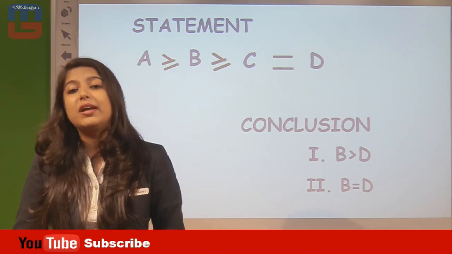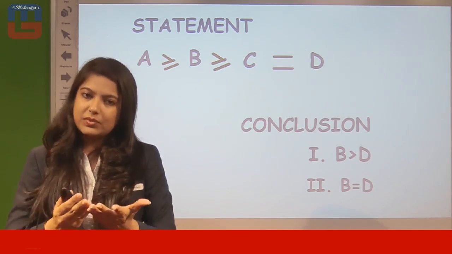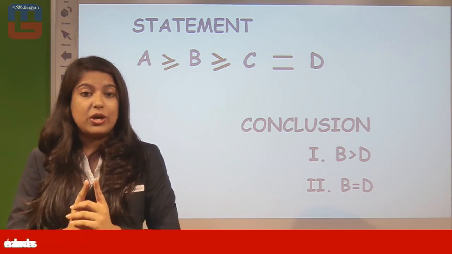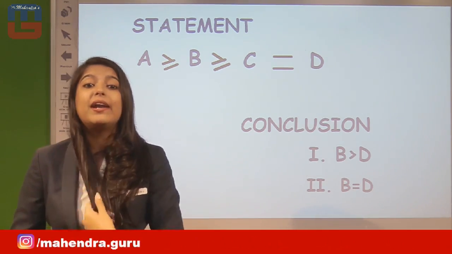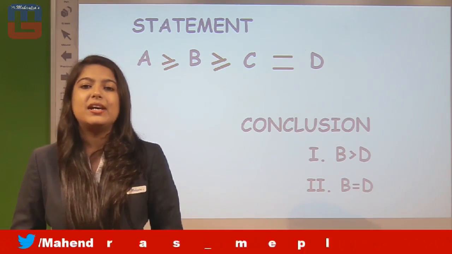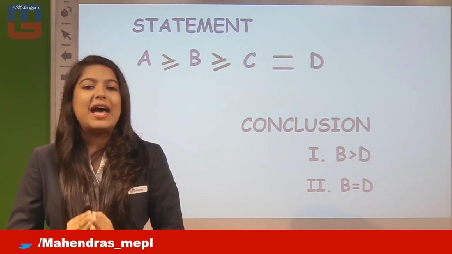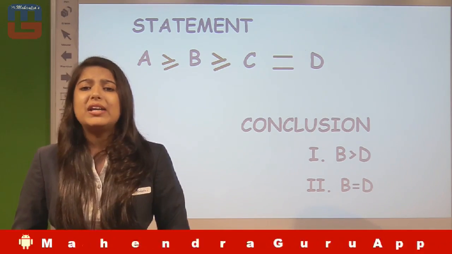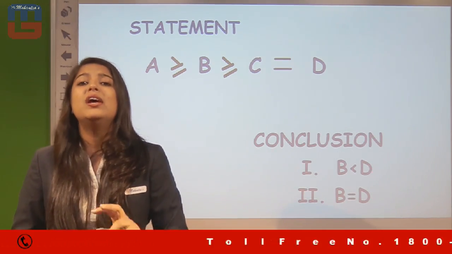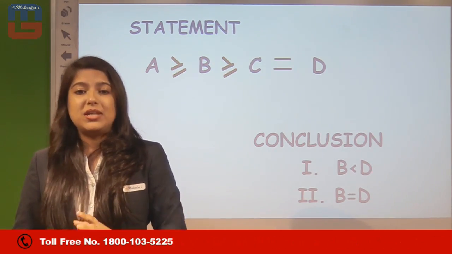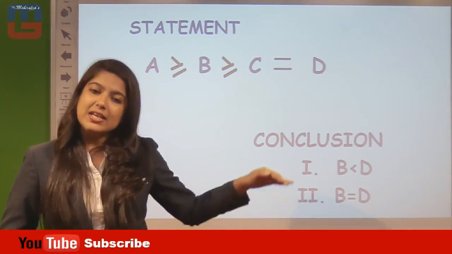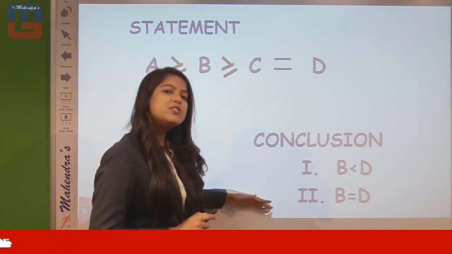So if it is making greater equal, that means we can say the B greater equal D condition is approached here, but according to either or, not by declaring directly B greater equal D as shown in the statement. So this is basically the condition where we can approach either or. But we can also mold the conclusion, signs can be formed from the other side. That means in this first part we haven't taken the greater sign, we have taken the lesser sign. Yes, these two conclusions will also be false.